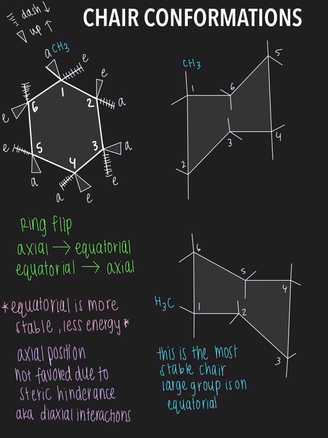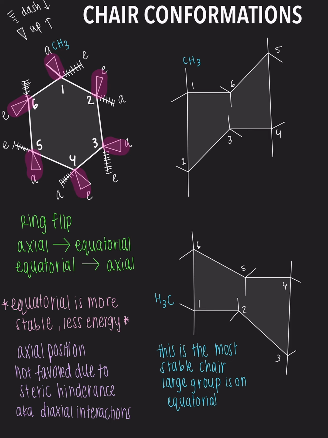So the first thing I want you to do is to draw a regular cyclohexane. And so that's what I did for you guys already. And I put a dash and a bold on every single carbon. So here I put bold, then a dash, then a bold, then a dash, and you get the point. So I think the easiest way is that you grab one. So for example, I'm going to grab the bold. And I'm going to put, I have my groups on there, right? So for every bold,